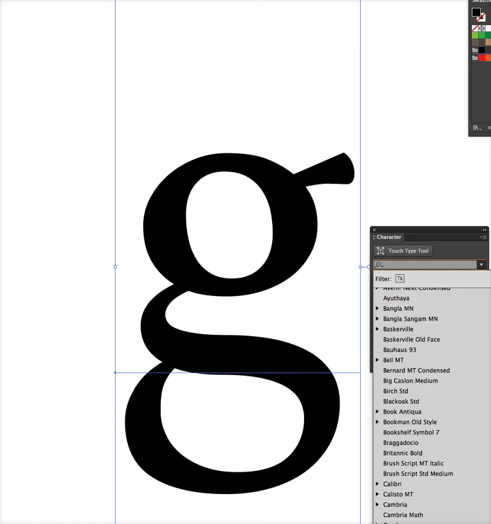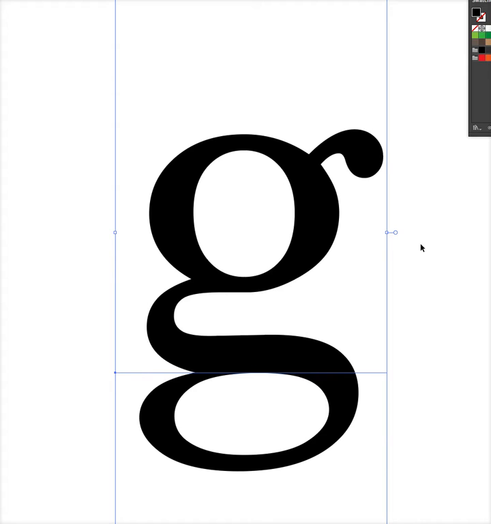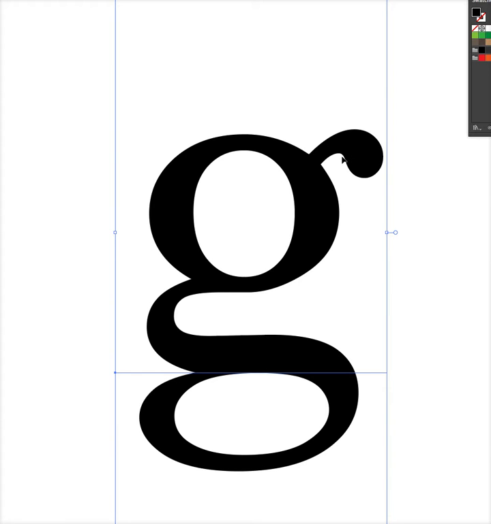But at some points, you're going to want to consider taking the typeface and using it as a piece of artwork and kind of breaking it apart, and that will help you too to identify the anatomy. So once you have your text selected to the typeface you want, so I have Century selected, you can then go ahead